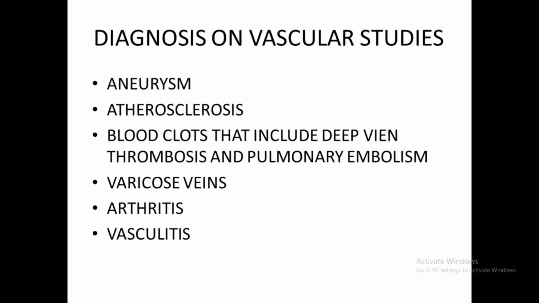So what happens in blood clots is what's called deep vein thrombosis. That is, the blood flow to the lungs, the oxygenated blood that carries to the lungs, will suddenly be stopped, and that is called pulmonary embolism. Because of that, their breathing will be improper, and suddenly there will be an issue. So we can do diagnosis immediately on that. So blood clots play a major role here.